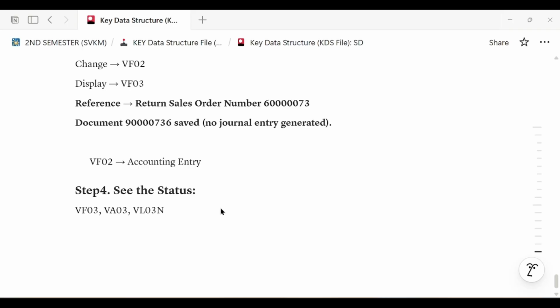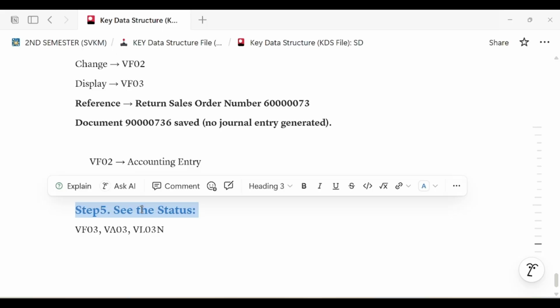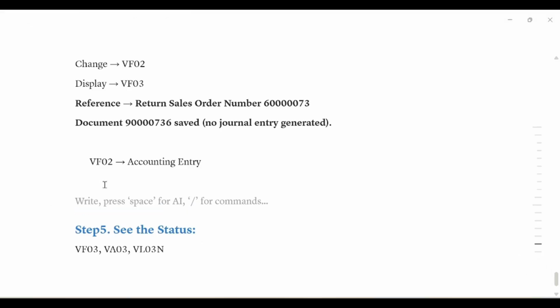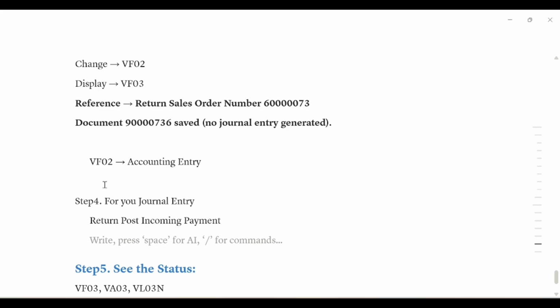So this is step 5, and step 4 is the journal entry, return post incoming payment. For that use T code